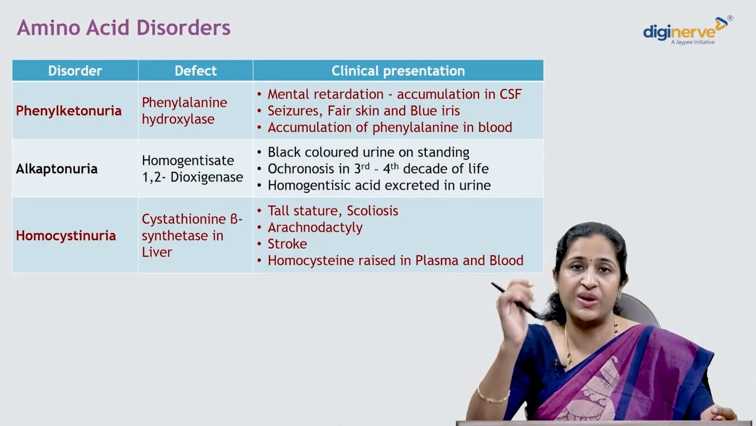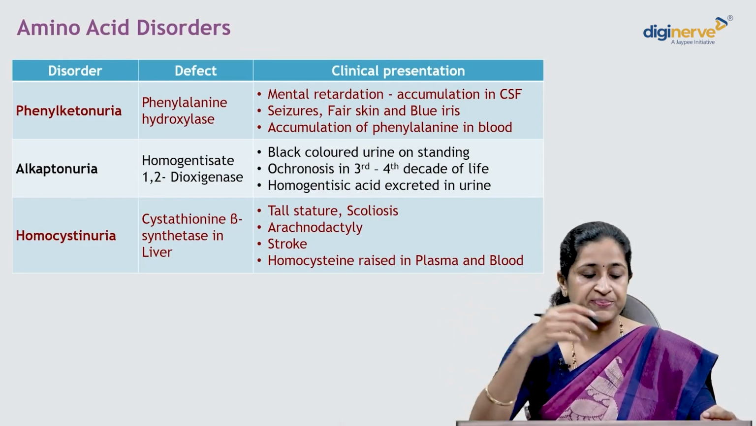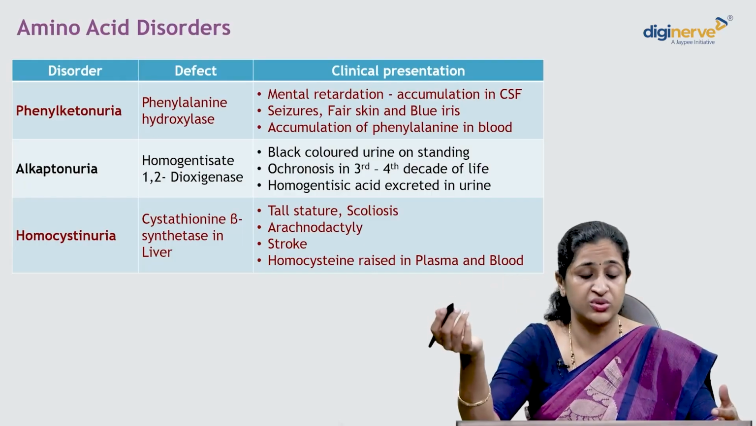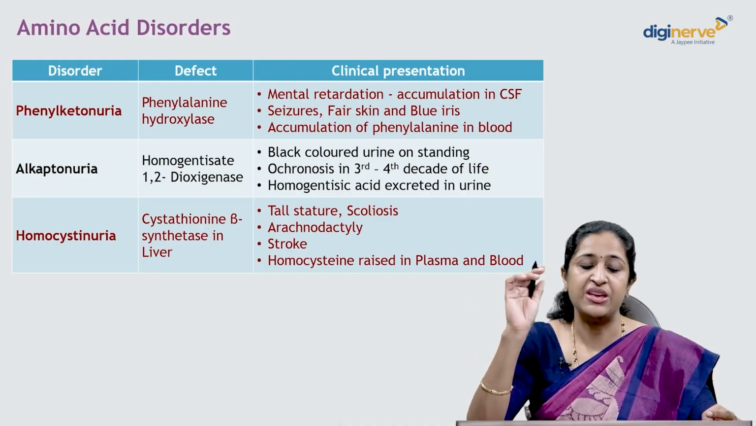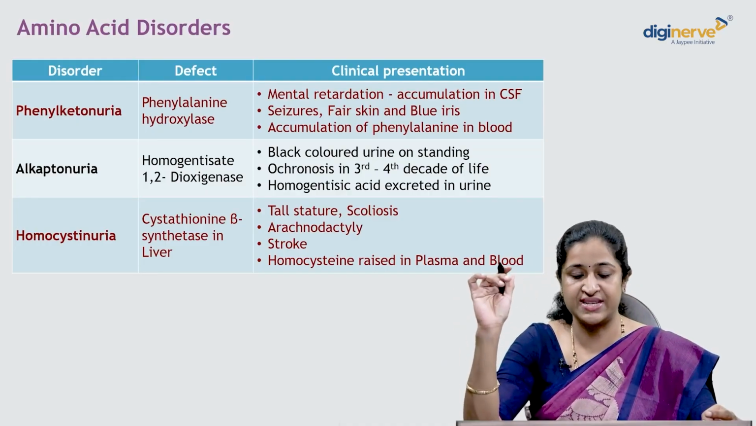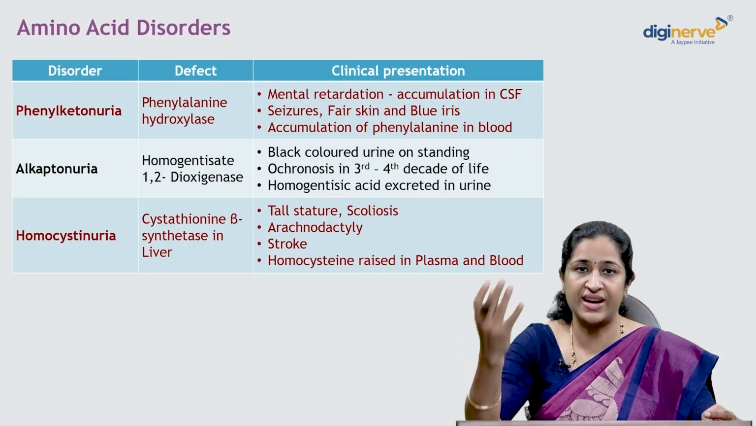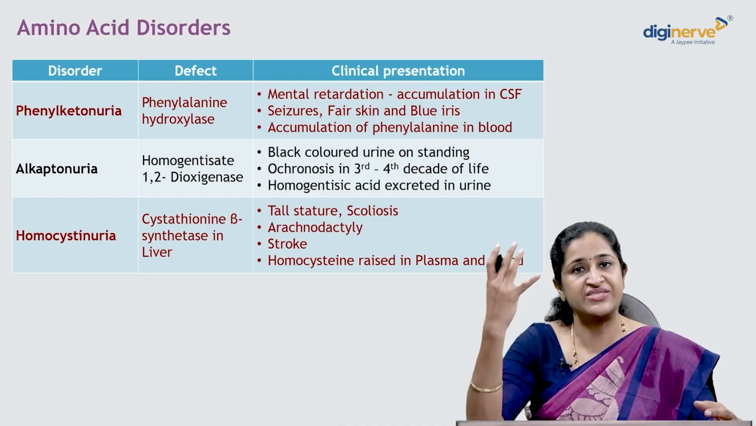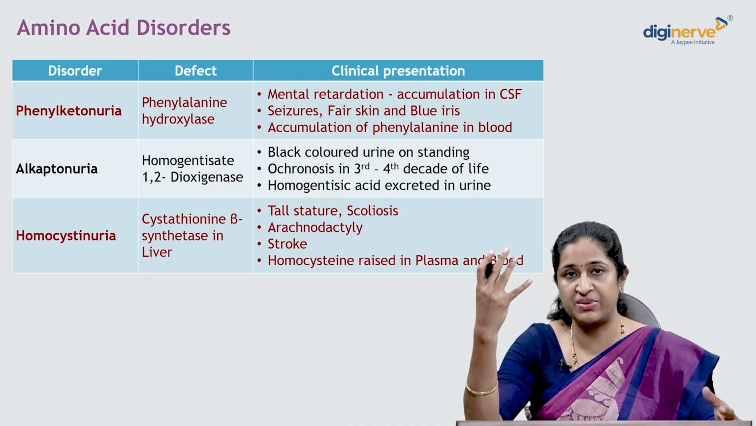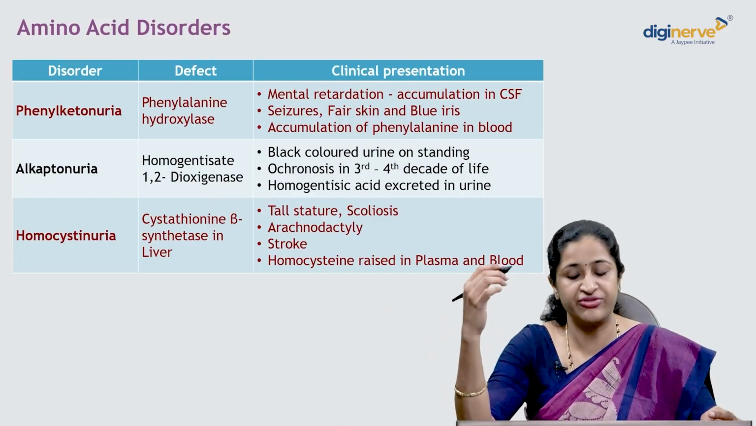Now coming to amino acid disorders. Amino acid disorders, you have a big list. All of you have gone through this in biochem. Phenylketonuria, the deficiency is of the enzyme phenylalanine hydroxylase. Here what do you have? You have mental retardation, you have a rocking kind of motion of the body, you can have seizures, the child is fair with a blue iris because pigmentation is affected, and